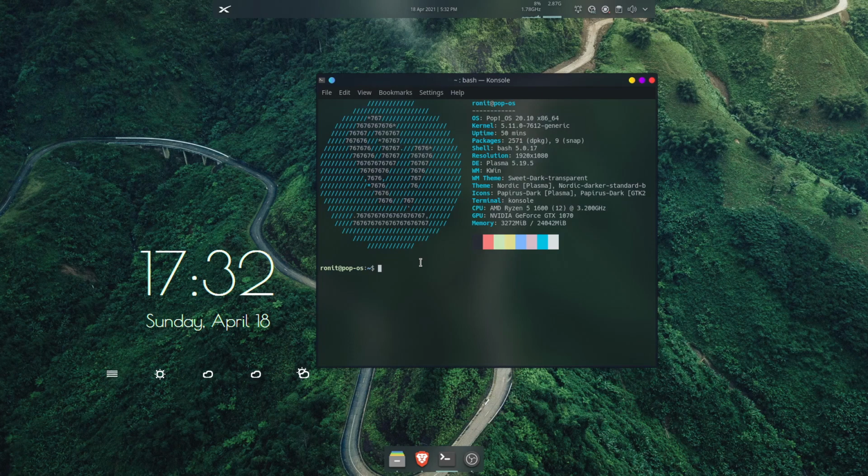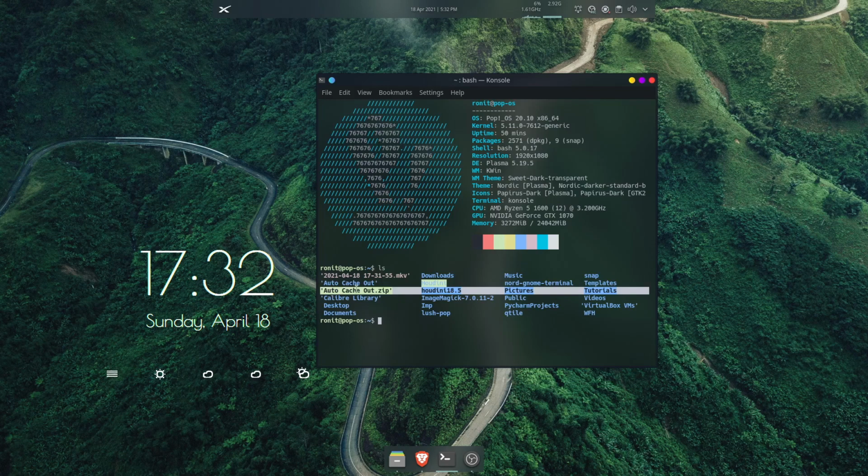I'm just using Linux, and you can see all the details of my system here. As you can see, I have already downloaded the auto cache out zip, and I have already extracted it. I'll go inside auto cache out to show you the things. I have an opmenu.xml file, I have an OTL folder, and I have a scripts folder. These are the three things that I currently have.